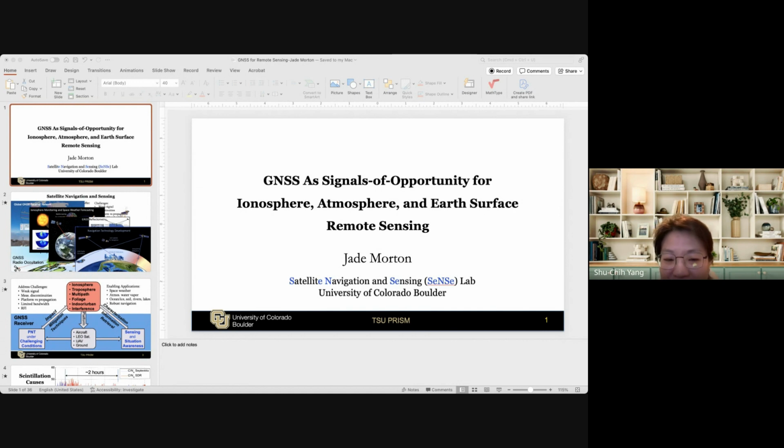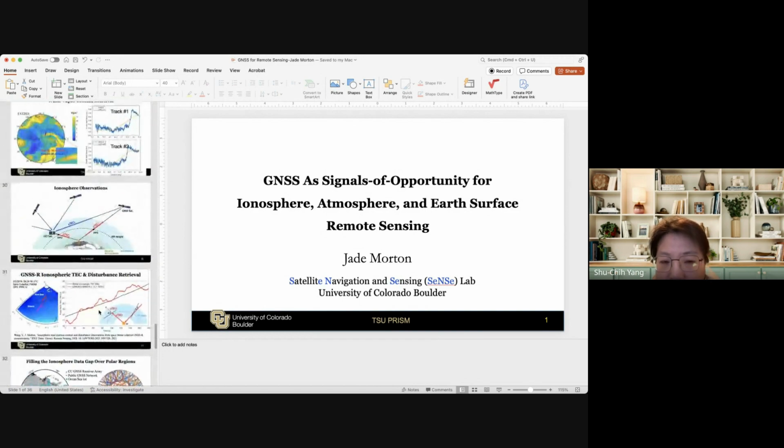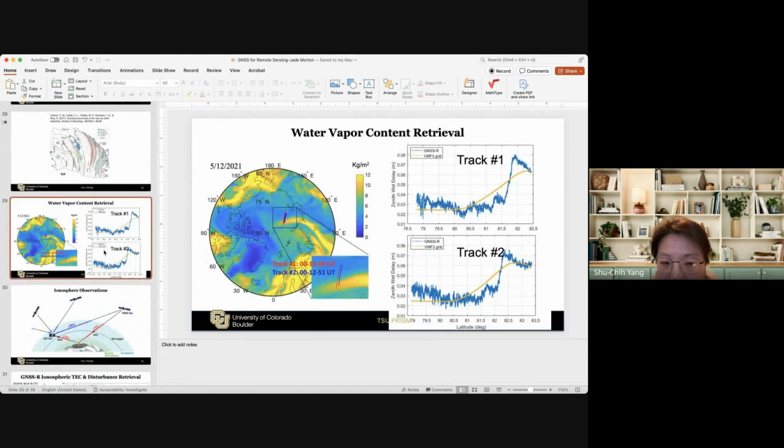Since I'm a meteorological scientist, I would like to focus more on the atmospheric application. But I'm very surprised and amazed that reflectometry can also do water vapor retrieval. That's really amazing, and that's additional value. So it's really exciting. My question is, to retrieve the ZWD, we need to first calculate or estimate the surface height in order to convert to the